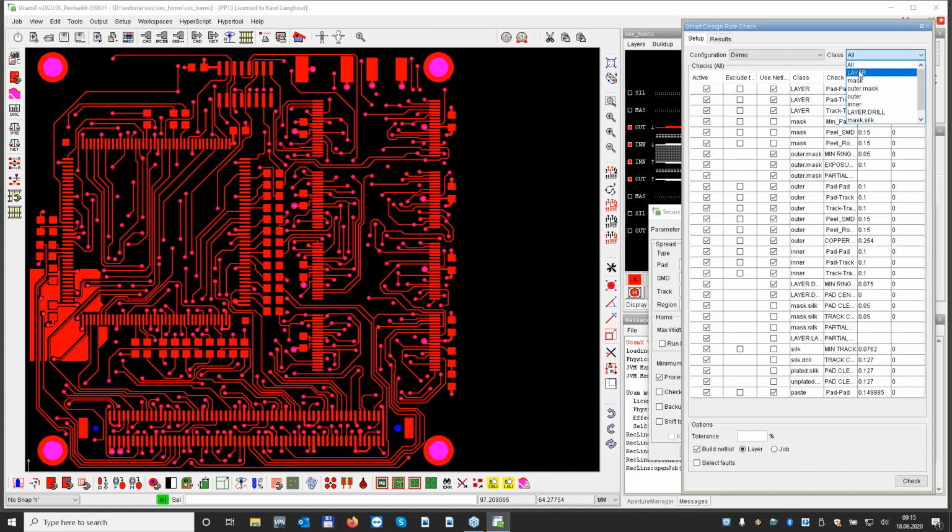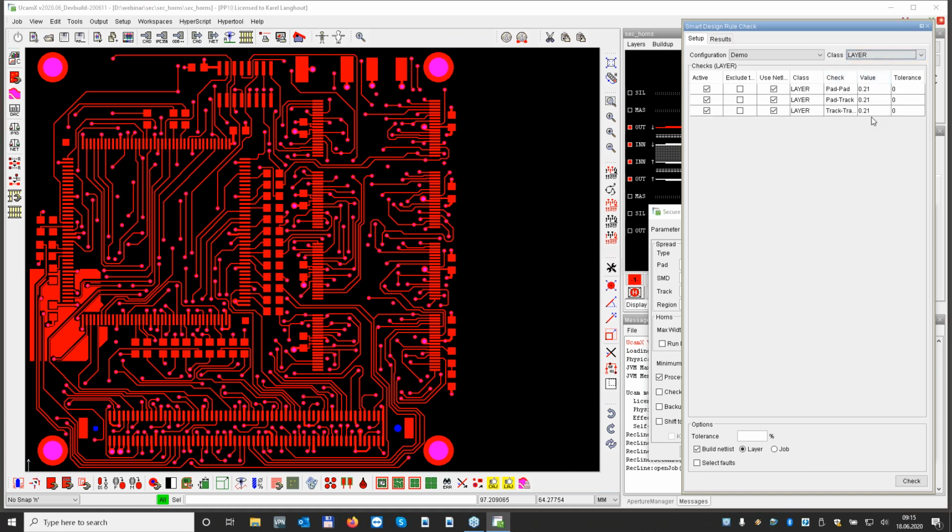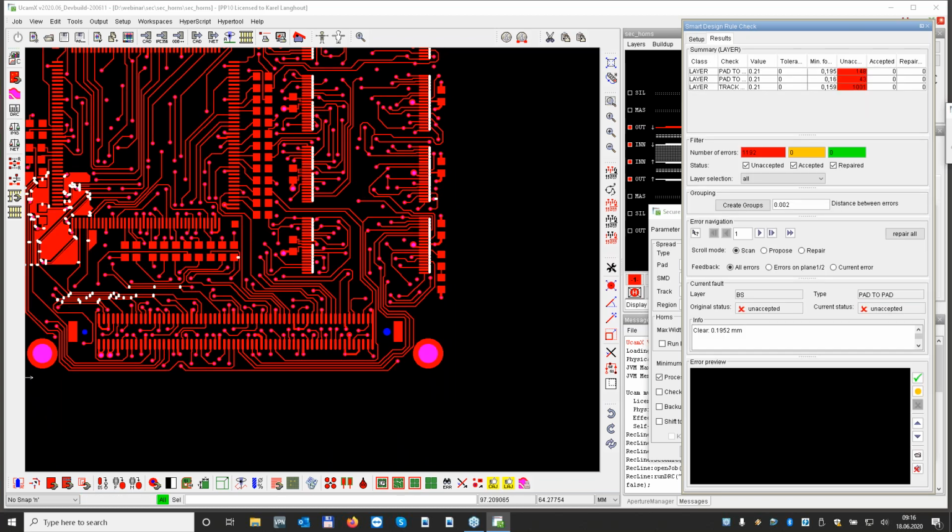I created here a little DRC check. This is a standard DRC, it has nothing to do directly with the Secure Edge, but just to show that we have 210 microns here. If I check this data on 210 microns, it will say I have 1000 track to track, 150 pad to pad to track 50. So I have 1200 errors in total.